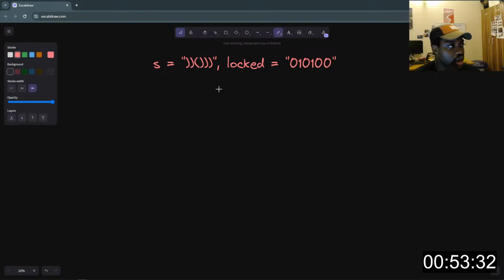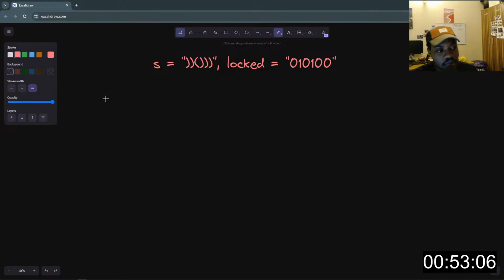And this string can be a valid parenthesis where every opening parenthesis has a corresponding closing parenthesis. Meaning you can create as many as you want, as long as they are valid, they match each other. This is a valid parenthesis. This will match that, this will match this, will match that. Okay, that is